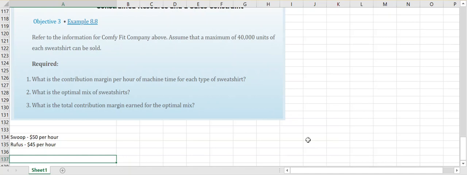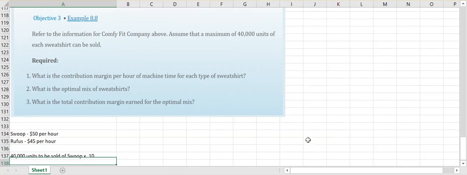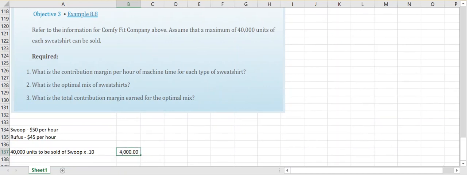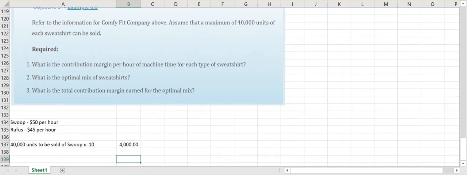So we have 40,000 units to be sold of the Swoop, and each one of those takes a fraction of an hour to make. If we made all 40,000 Swoop sweatshirts that we can sell, it would take 4,000 machine hours. That leaves me with 3,000 hours left